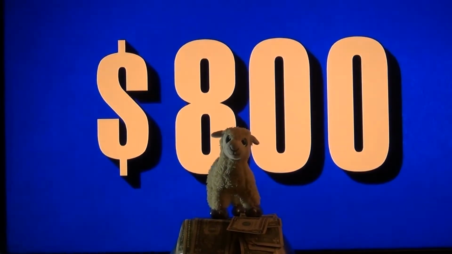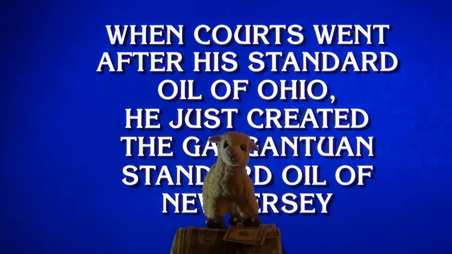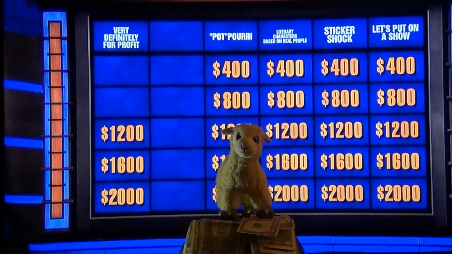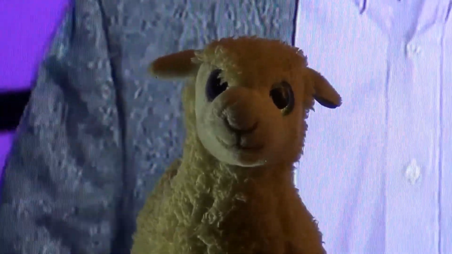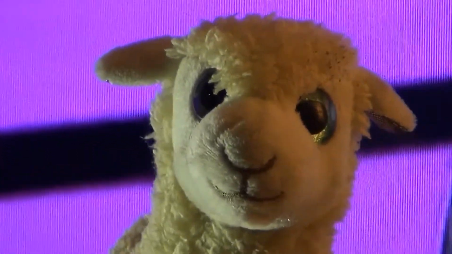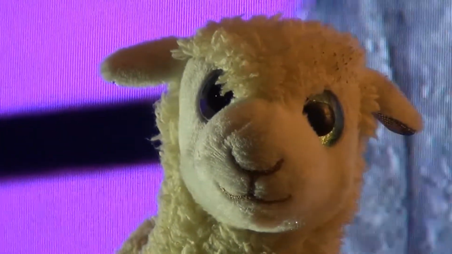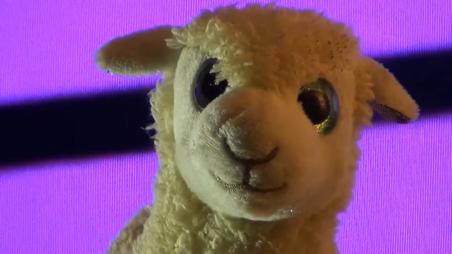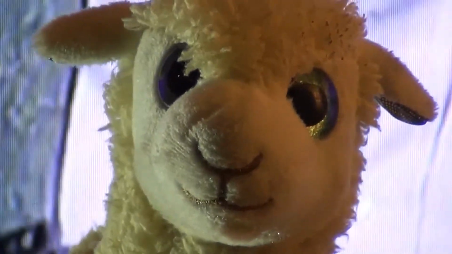800 for profit? When Quartz went after his Standard Oil of Ohio, he just created the gargantuan Standard Oil of New Jersey. Charbel. Who's Rockefeller? John D. Yeah. Profit, 1,200. Answer. Daily Double. You're still in the lead. Alex, let's make it a true daily double. Whoa, all right. Here is the clue. Around 1920, he turned a $30 investment into a get-rich-quick scheme that defrauded folks out of $15 million. Who's Ponzi? Carlo Ponzi, yes. 21,200 for